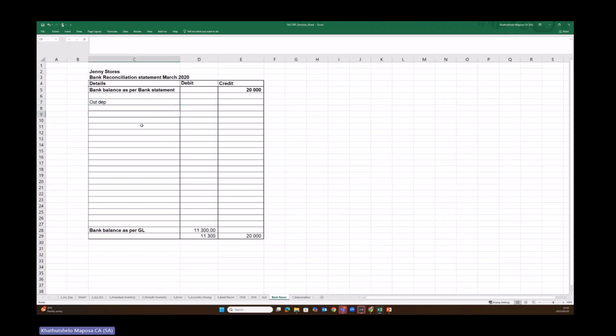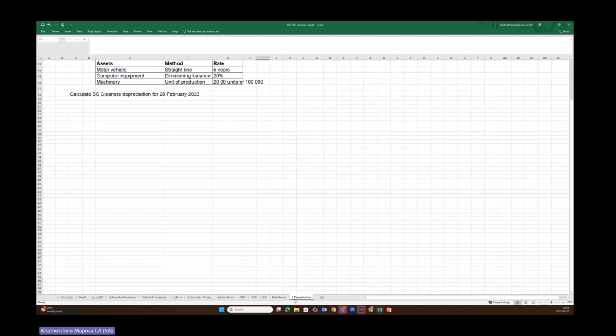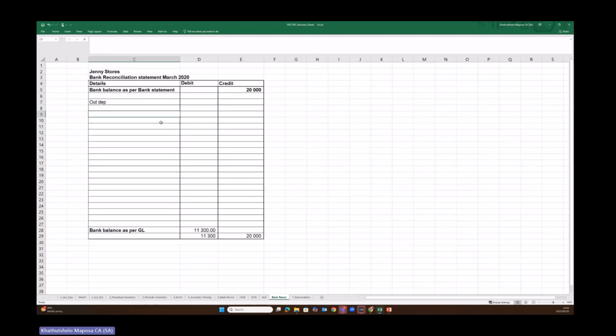Here's the trick. The trick is to ask yourself, will that amount increase or decrease my bank balance in the bank? The 21,700, which was deposited in the bank, was not reflecting. It will increase our bank balance, meaning on the credit side. Remember, the bank sees this thing in opposite format. 21,700 will go to the credit side. And